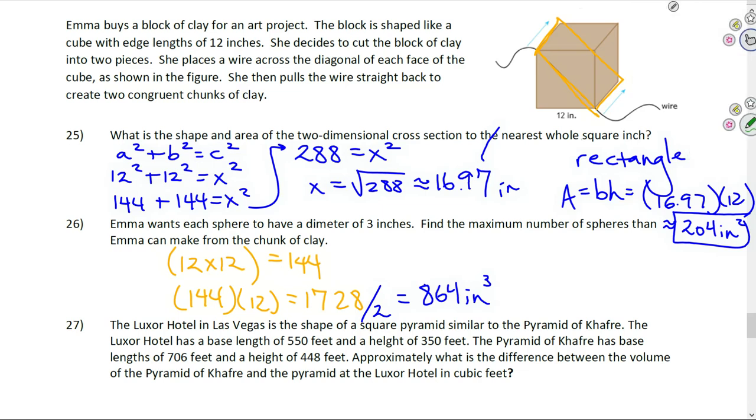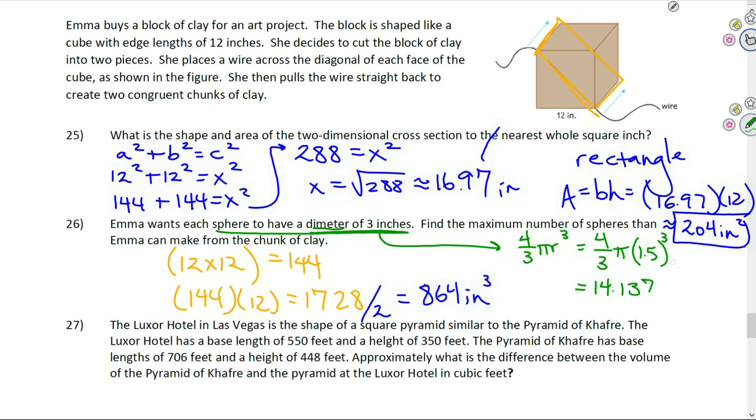All right, so she wants to make spheres that have a diameter of 3 inches. Now the volume of a sphere is 4/3 pi r cubed. That formula is given to you again with the reference material that you'll have on the exam, but you have to know how to use it. 4/3 pi. The radius is not going to be 3. That's a diameter. The radius will be 1.5 cubed, not squared, cubed. So plugging that in, we have 4/3 pi times 1.5 cubed, and I get each sphere has a volume of